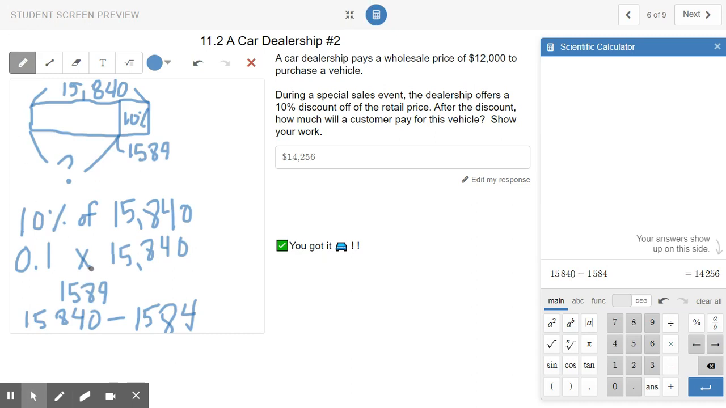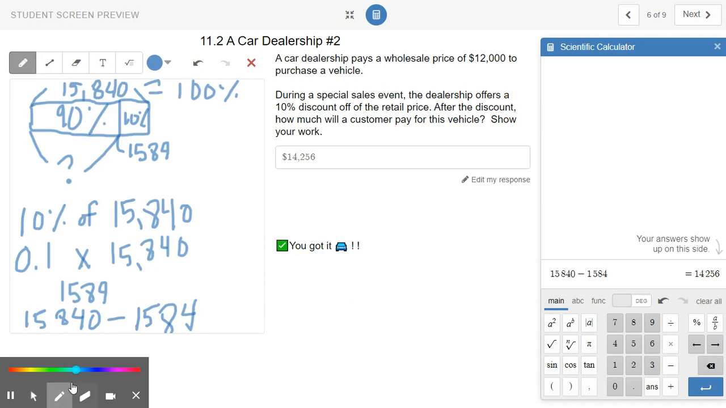one step. So when I look at this, I know that the 15,840, the retail price, is actually 100%, right? It's the total cost of the retail of the car. And I know after the 10% is taken off, that means that the customer is going to pay 90% of the original amount. So when I go to solve this, I do 90% or 0.9 times the original amount of